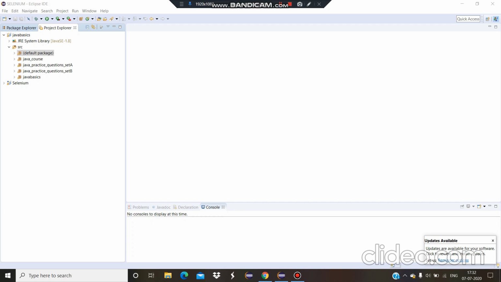The third type, which we call jagged arrays, is used where the sizes of the dimensions are not specified at the first instance itself. As I have said, in the two-dimensional array, I will specify the rows and columns simultaneously. But in the case of a jagged array, it is not done so. We will specify first the number of rows, and inside each row we can specify as many columns. It need not be that each row has the same number of columns. The number of rows and the number of columns may differ.